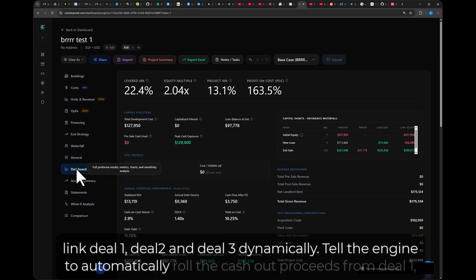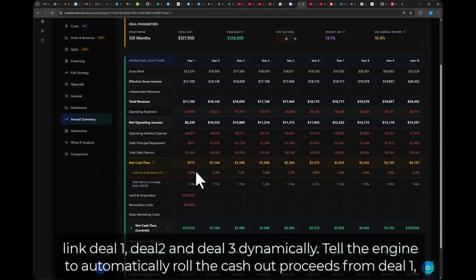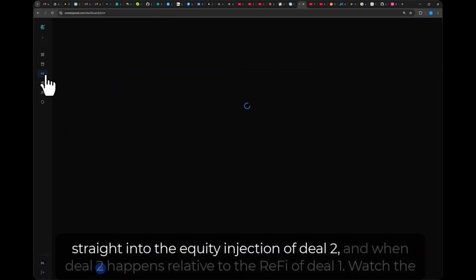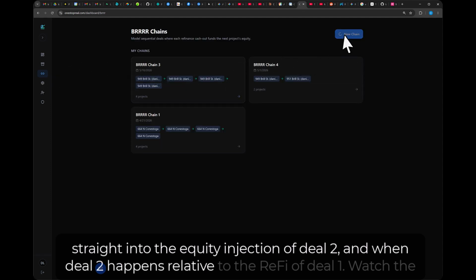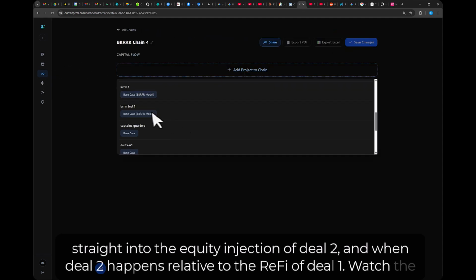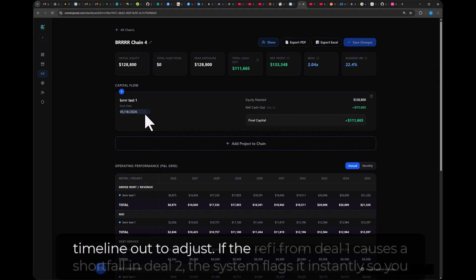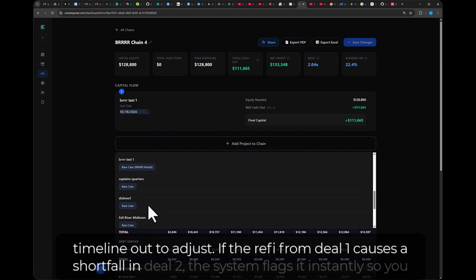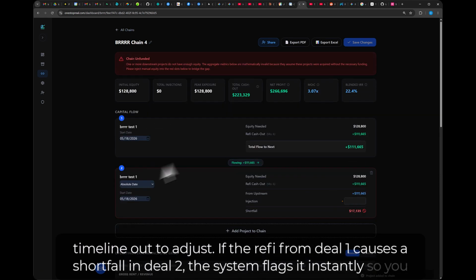Tell the engine to automatically roll the cash out proceeds from deal 1 straight into the equity injection of deal 2, and when deal 2 happens relative to the refi of deal 1, watch the timeline auto-adjust. If the refinance from deal 1 causes a shortfall in deal 2, the system flags it instantly so you can